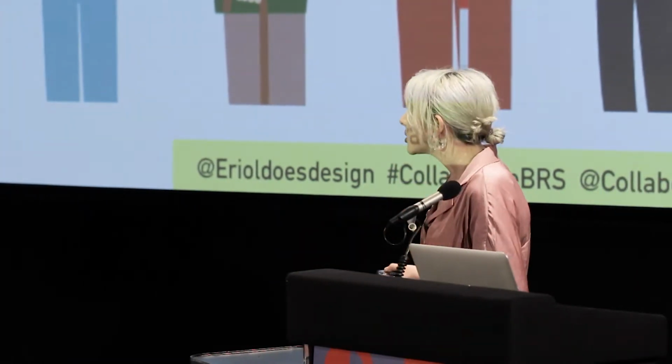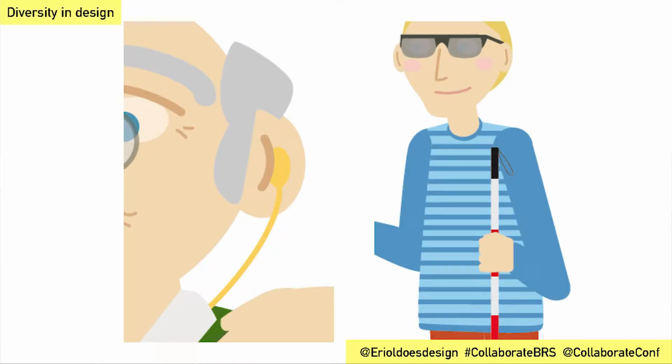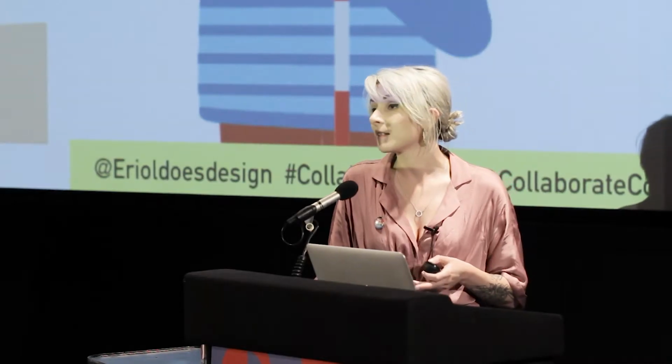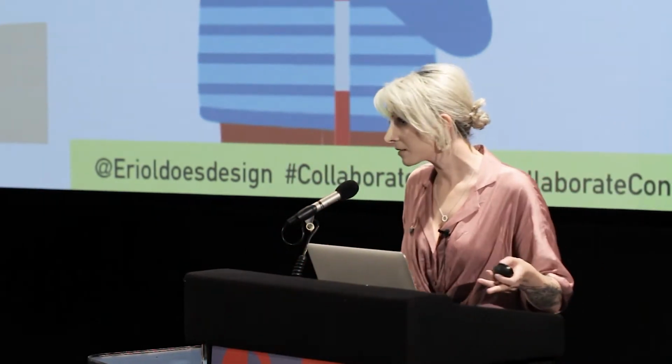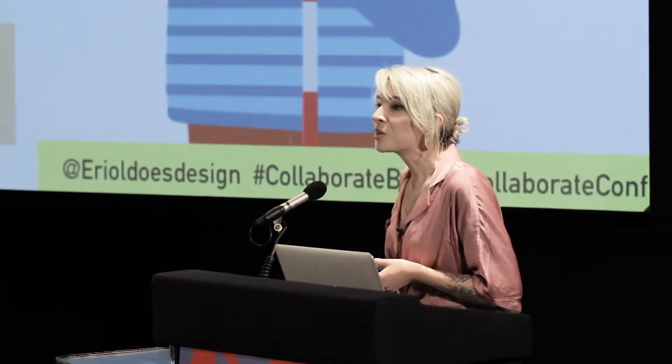And I thought, great, this is an opportunity to draw different ages, different skin tones, different kinds of family makeups, and do some visible disabilities in there. What we've got here is a close-up of some of those characters. You can see one of them has a hearing aid device in their ear, and the other one is holding the red and white striped cane, which is typically the signifier for people that are deaf and blind, or visually impaired and hearing impaired. And I was like, yes, I'm so excited to draw diversity.